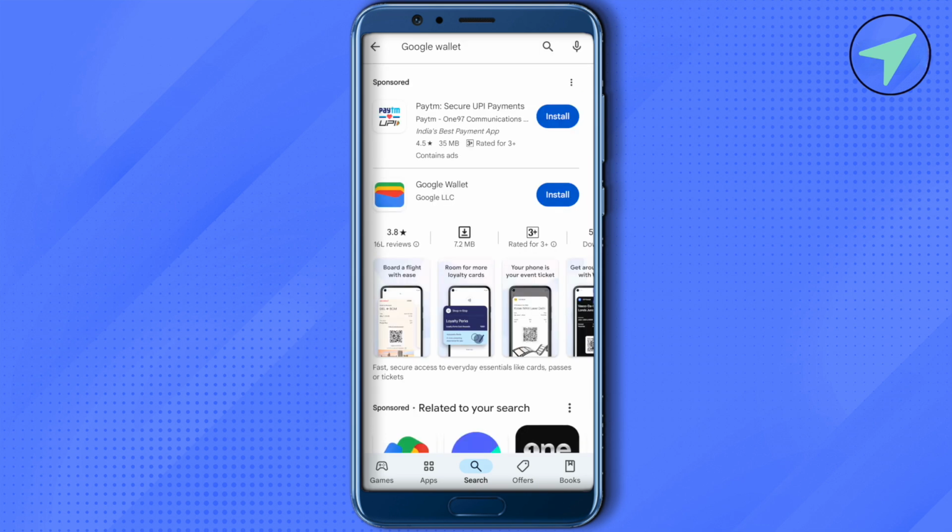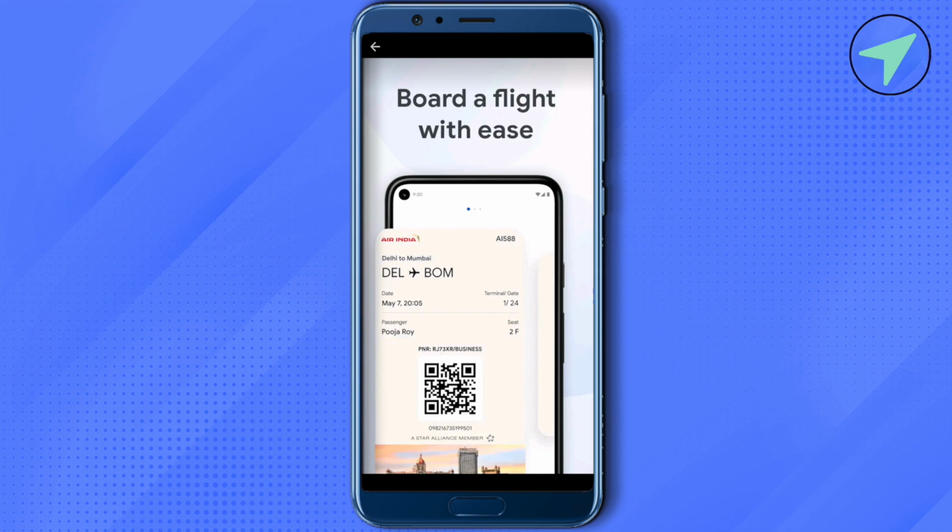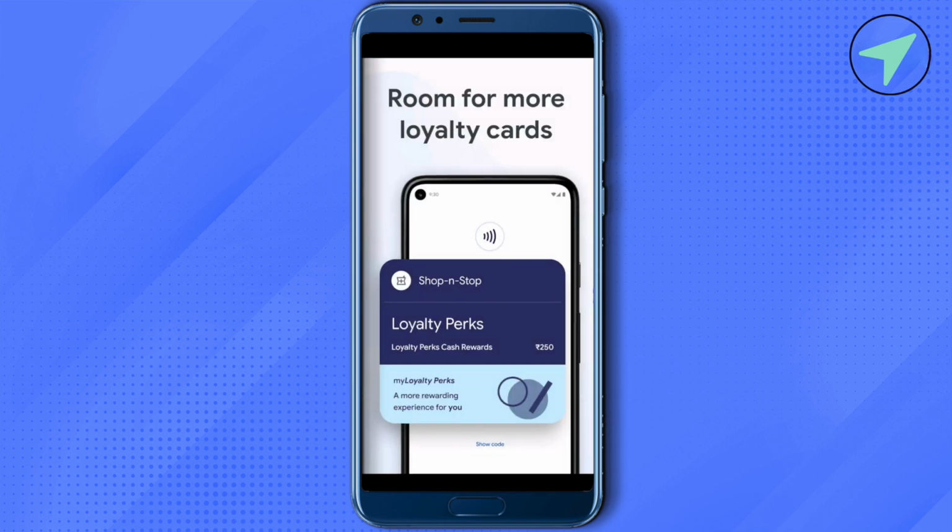But when it comes to storing different financial items or different items like movie tickets, student ID or boarding passes or loyalty cards, you can store them all on your Google Wallet quite easily. And you can also add your debit card or credit card. You can also make payments on Google Wallet, but the financial payment feature might not be available in all the